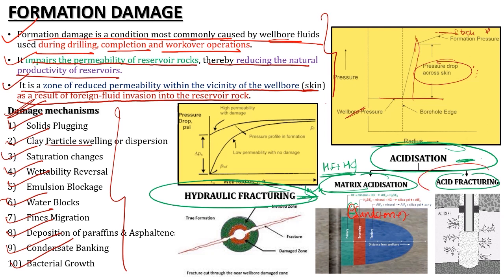Now coming to acid fracturing, here I will be using HCl only, and acid fracturing is applicable when I am having a limestone reservoir. For a limestone reservoir I will go for acid fracturing, and here I will be getting etched surfaces because of the property of HCl. As we know, HCl plus calcium carbonate, when it reacts, it will dissolve the formation rock. Calcium carbonate will get dissolved, leaving behind a salt plus H2O and carbon dioxide.